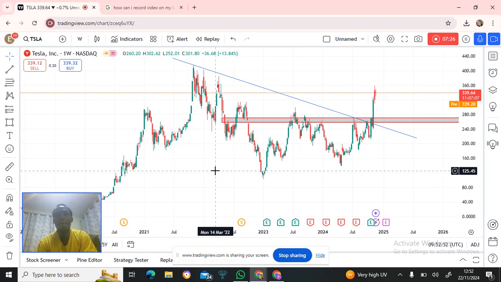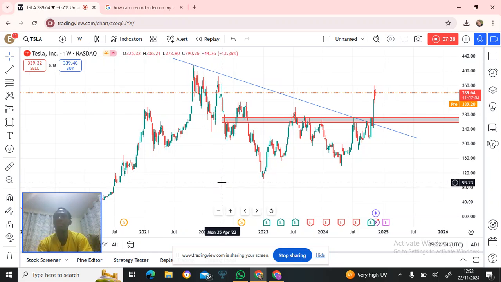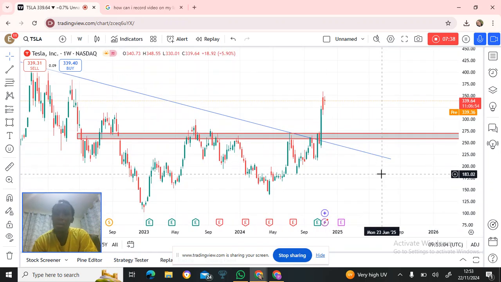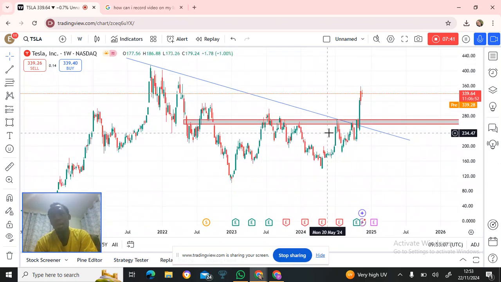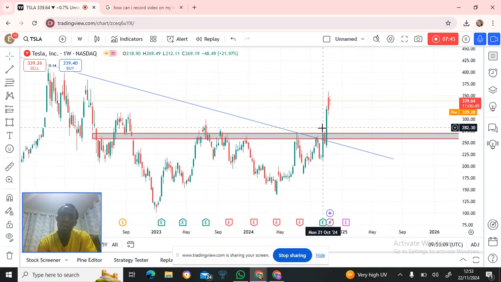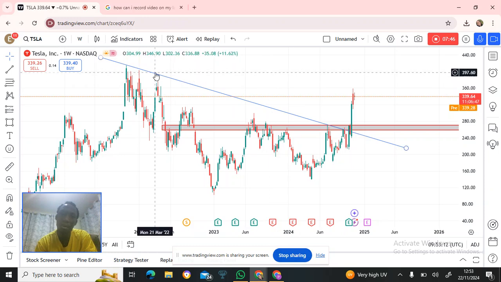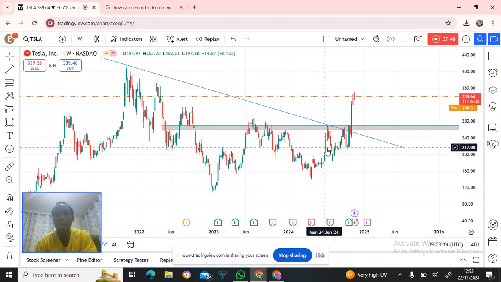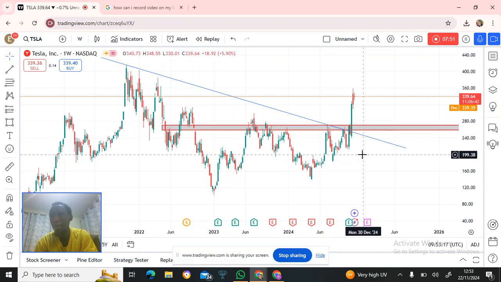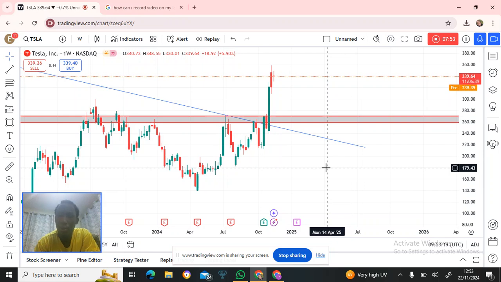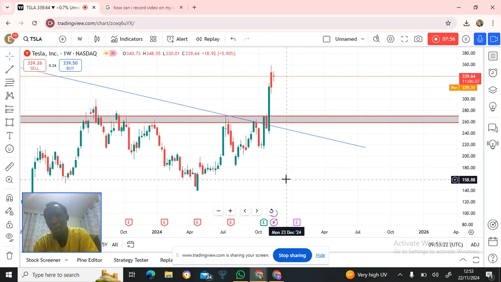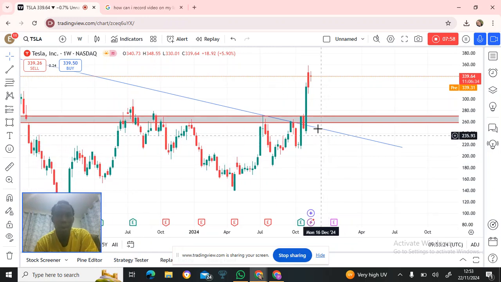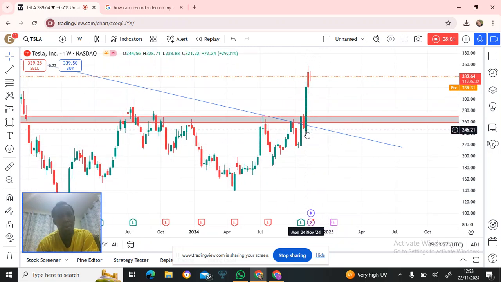So if I am the trader here and you want me to trade for you, you want my advice because I have the knowledge on how to trade these markets. I will tell you, Mr. So and so, it is time now to buy the Tesla stock because it is about to pump up. Like recently, you have seen the way Elon Musk has been supporting Trump during the campaign, and that is why you are seeing this dip.